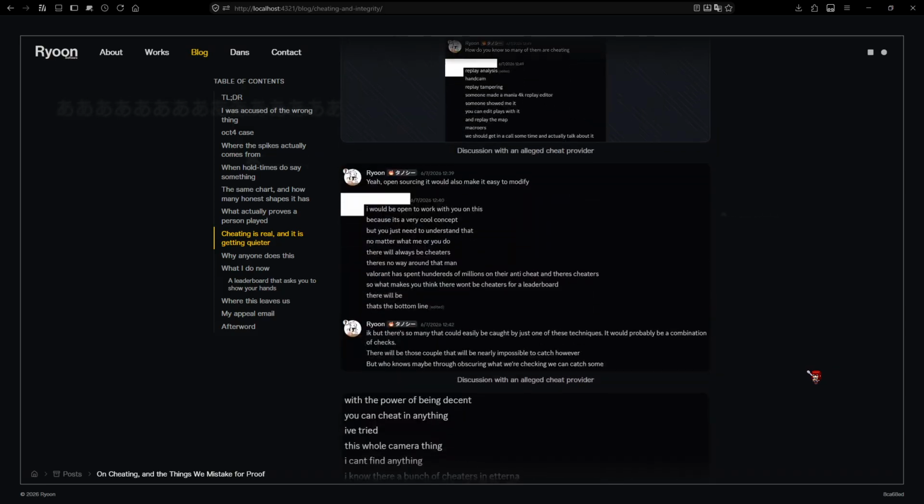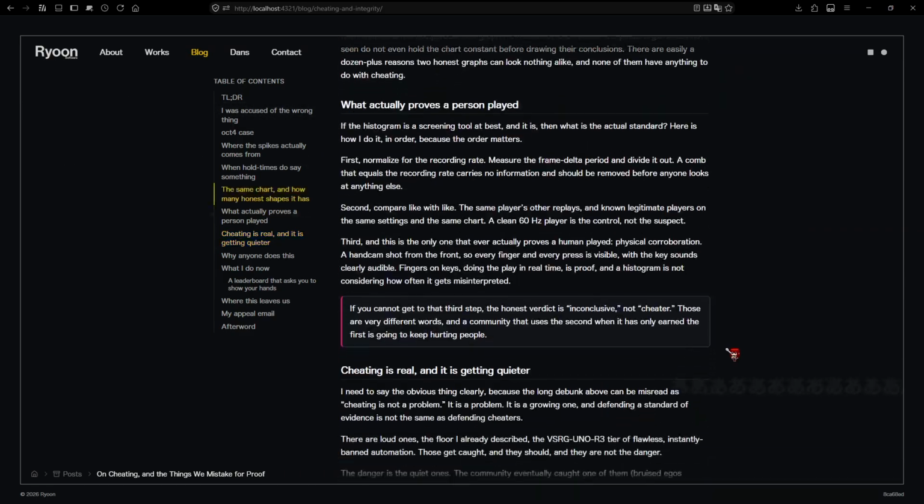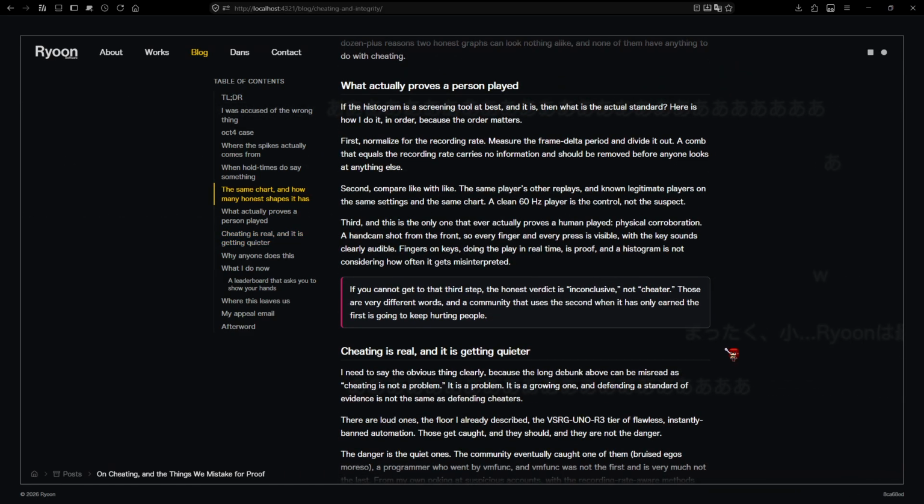Because trust me when I say this, and I go over this in here, there are people that are willing to pay a lot of money to make osu! cheats, which is stupid. But I mean, yeah, some people care that much about rank, I guess. And so yeah,